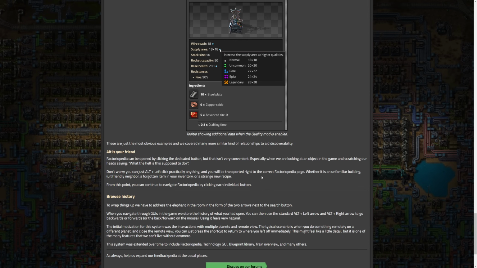Maybe anyone who's done that can confirm, because right now, obviously, you wouldn't want to be toggling it on and off every single time you go to click open the Factoriopedia from an entity. So that's interesting as well. And then they say